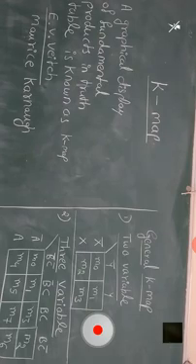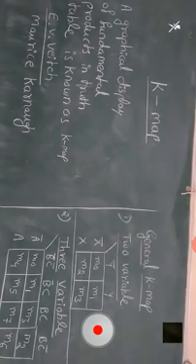In today's class, we will first begin with our 2 variable K-map. You can see on the right-hand side, a 2 variable K-map consists of 2 variables. Which are they? X and Y, if I take. Here the general K-map consists of 4 important squares. Each square represents a min term: M0, M1, M2 and M3. These are the min term values which are noted in the general K-map. So now let us take the first example of 2 variable K-map.